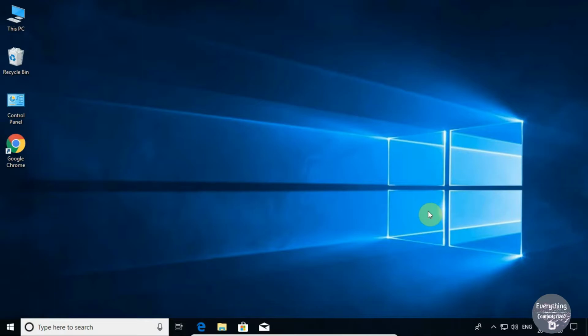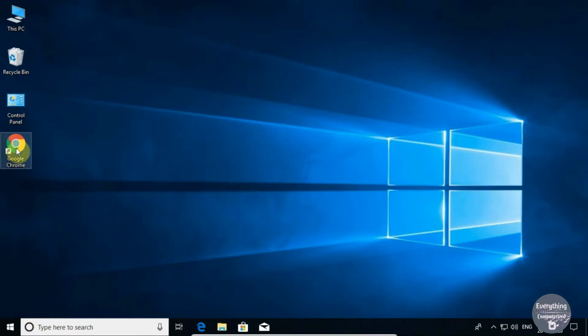Suppose you want to test out something and you don't want to use your main computer, then you can do it on a VM. If you are using Windows 10 and you want to use a different operating system without installing it on your main system, then you can use it in a virtual machine. On the other side, VirtualBox is software that implements virtual machines. We can use VirtualBox to run a virtual machine. So enough of theory, let's dive into the installation.